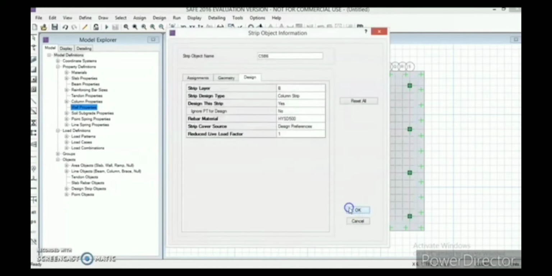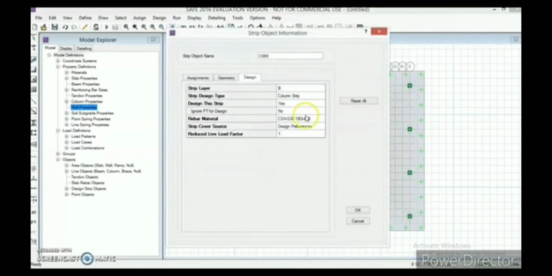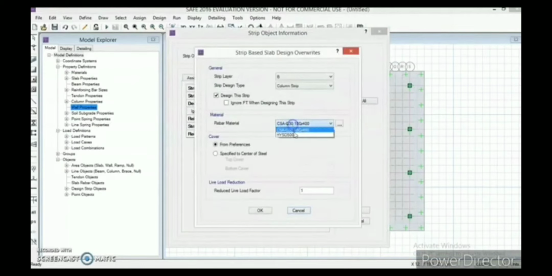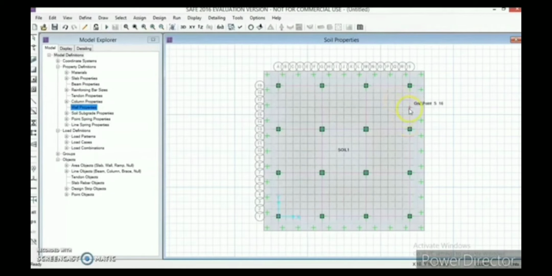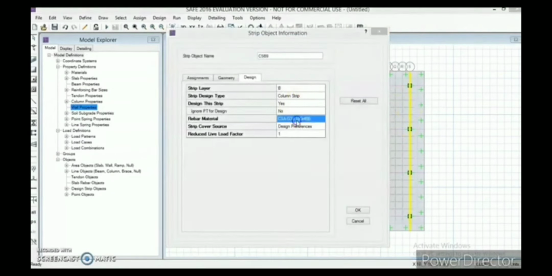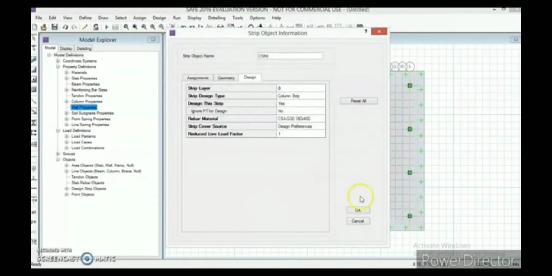Two more design strips. And this is my final design. Click on OK. Now it's fine.